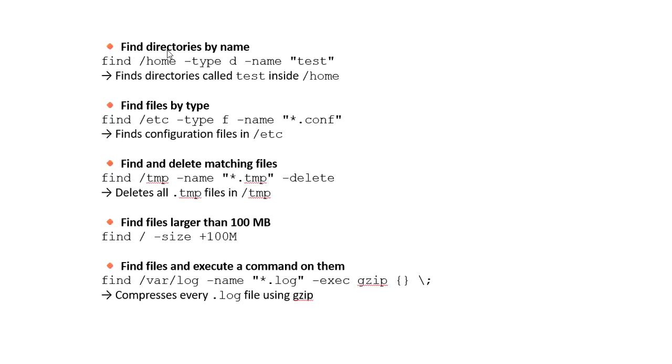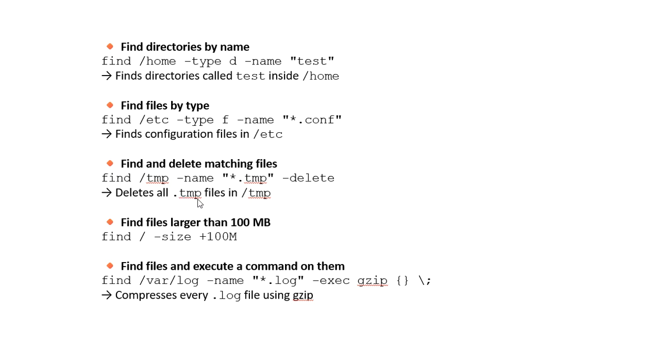Another example of find is to find directories by name: find /home -type d -name "test", which finds the directory called test inside /home. To find files by type: find /etc -type f -name "*.conf", which finds the configuration files in /etc. And to find and delete the matching files: find /tmp -name "*.tmp" -delete,